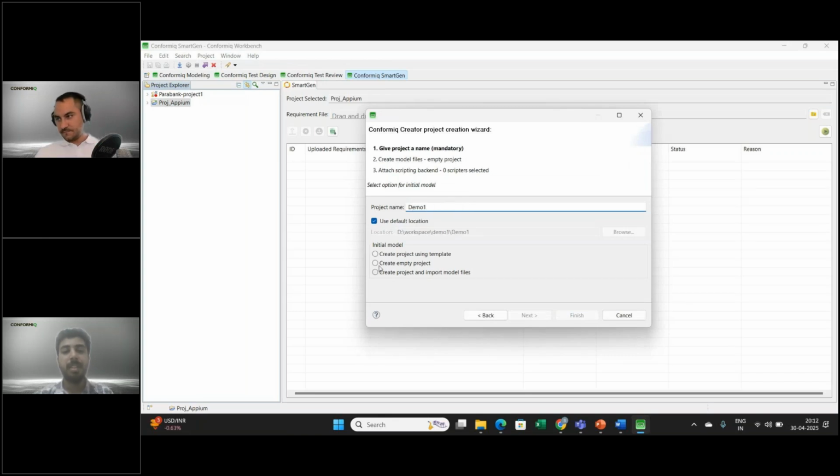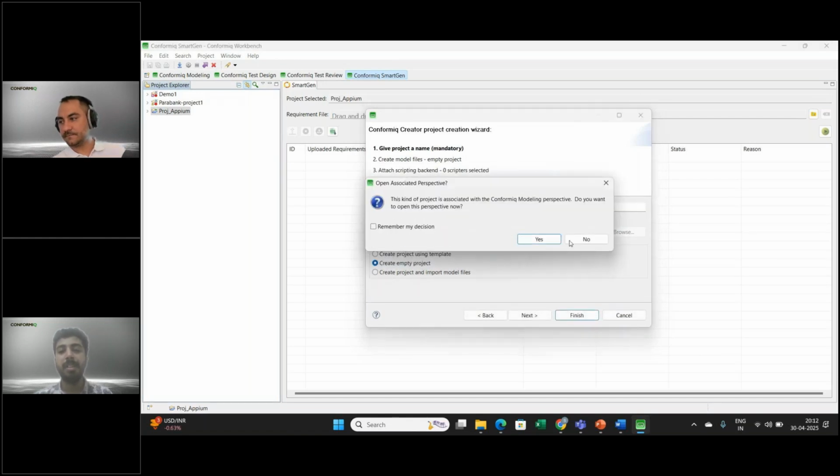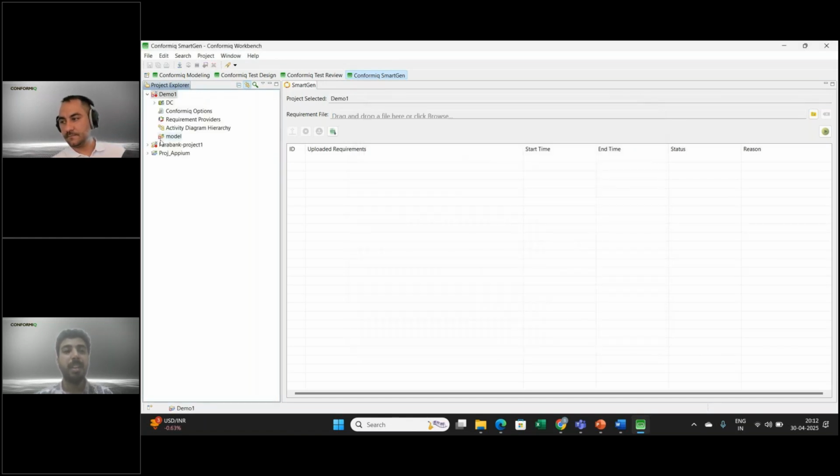And I select an empty project. So this will help me to create all the necessary files. So I selected the project. The next step, to make use of this smart gen, the LLM functionality, is